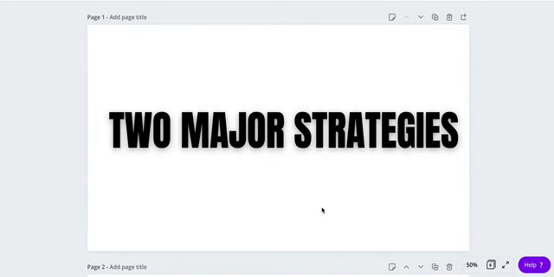Now, the products could be a service and it could be commodities, whatever it is. But on this platform, we're focused on digital products, which are mostly now going to be in form of services. So there are trainings, there are solutions, there are skills, all of these things. So there are two major strategies we focus on in affiliate marketing. In the last video, I talked about three ways that you can actually go when you want to sell other people's products as an affiliate marketer.